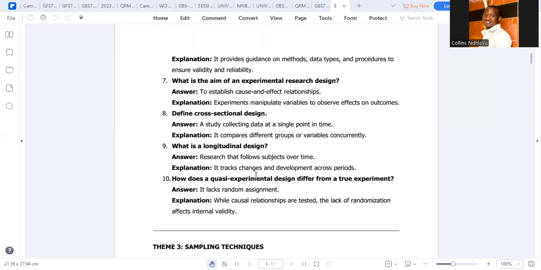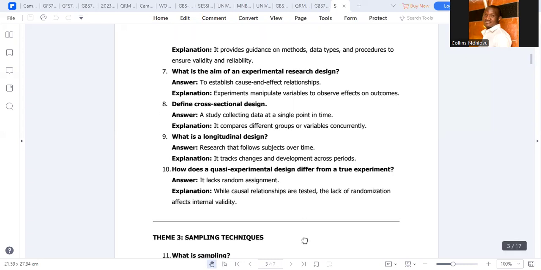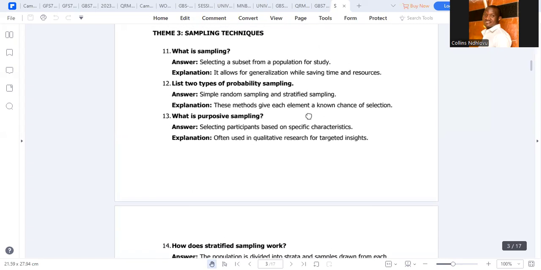I've been singing about this. Okay, so we'll skip that. We'll go to chapter 3